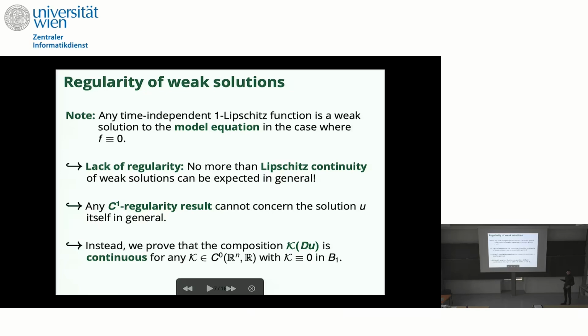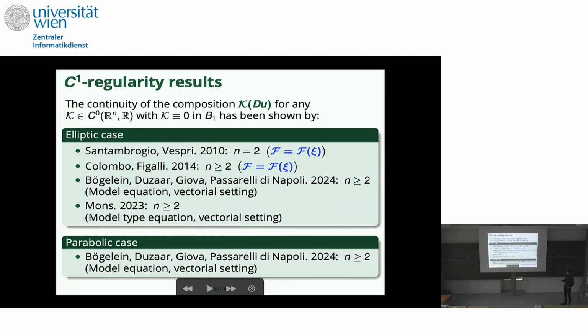Because that's exactly what we want, right? Small gradient values, they do not count. And yeah, this is basically the natural function that we investigate. And indeed, I'm not the first one to do so, but there are some regularity results that dealt exactly in